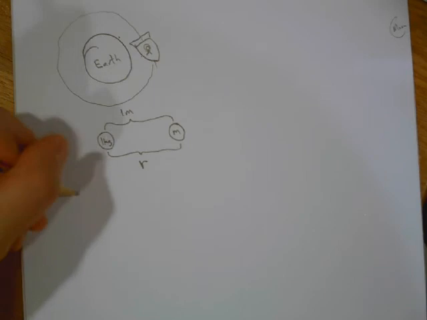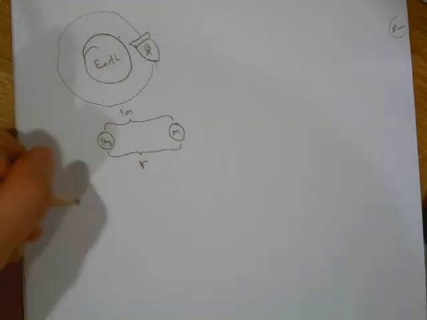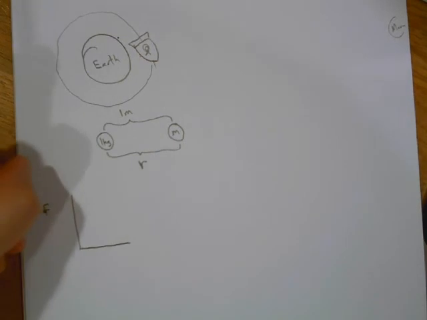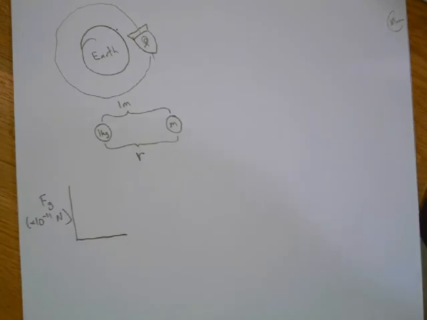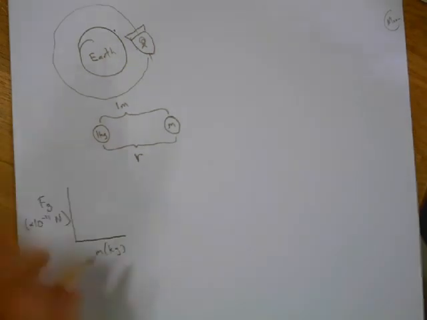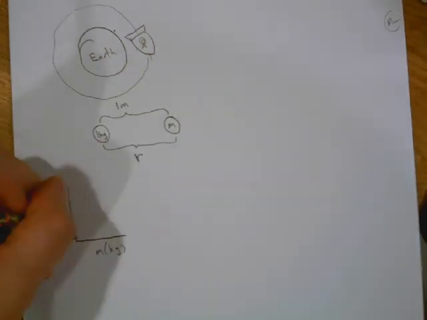And then you were supposed to graph. You were supposed to vary this mass and look at the force of gravity, and you were graphing the force of gravity. Now, hopefully you did this. The units over here were times 10 to the minus 11th newtons, and this was mass, with units of kilograms. So you varied this mass and you saw how that affected this.